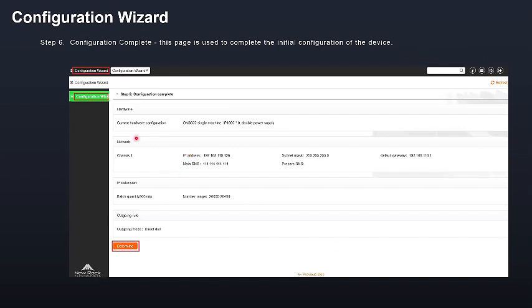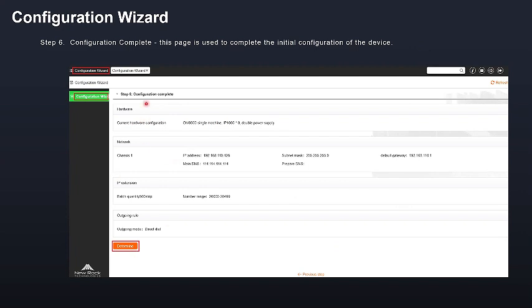Okay, so after that, you go to the configuration complete page. This is to complete the initial configuration of the device, because after you click this one, or click determine, that is to submit. So you can also do some modification.